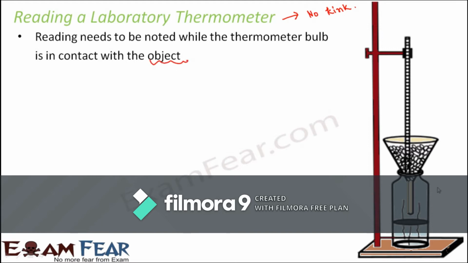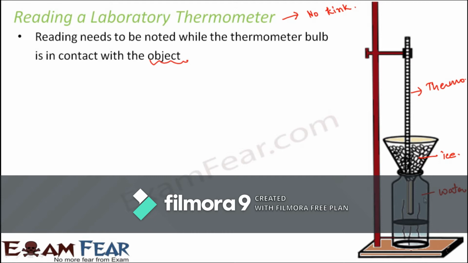So let us look at this picture which is given on the screen. Let's say this vessel contains water, and we want to measure the temperature of this water. So we have put the thermometer here, or let's say here you have ice, and we have put the thermometer here. So this is the thermometer. Now, as long as the thermometer remains inside the ice, in that case what happens? The bulb of the thermometer remains in contact with the ice. Or here in this case, the ice is being melted to form water here.